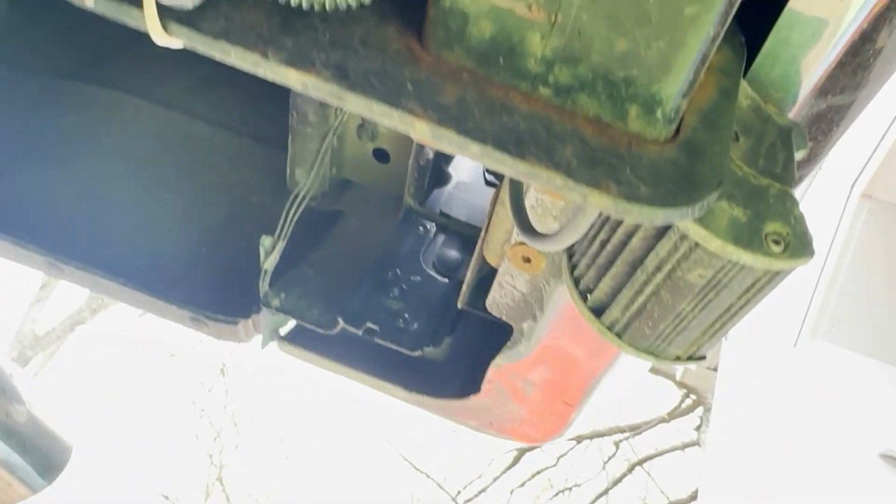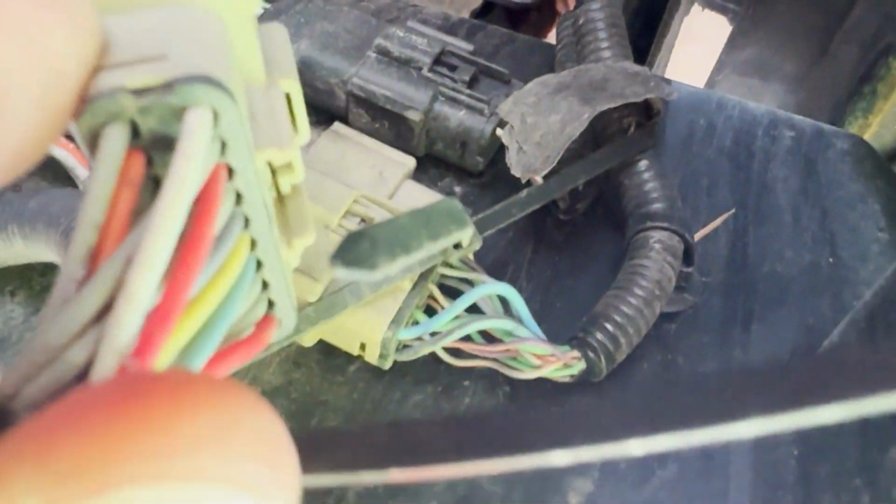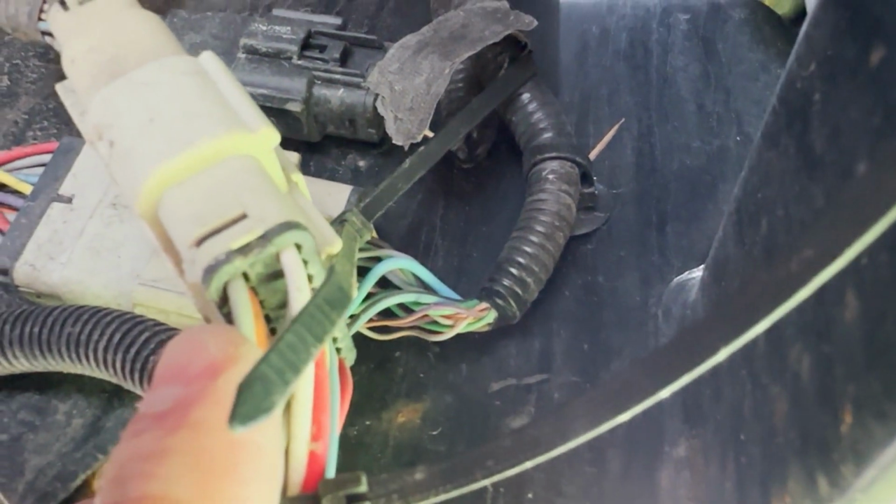I don't have any connectors that even look like that. The connector looks like this. One side's a female, one side's a male. You've got the female side here and the male side right there. It's on the left there. This is the female side on the right. So this harness is not going to work, unless I'm supposed to, I'm trying to figure out,